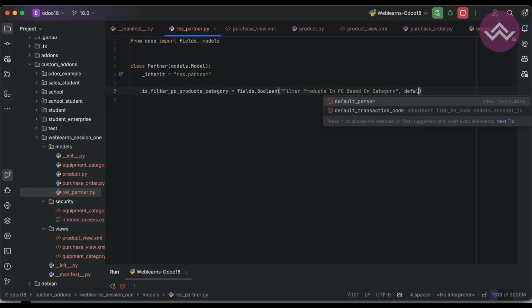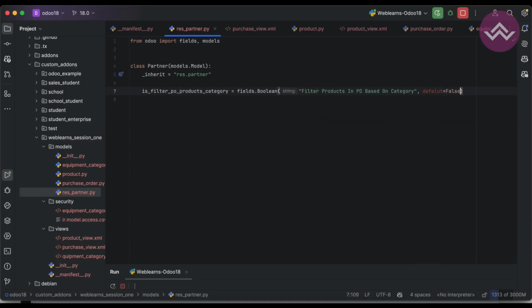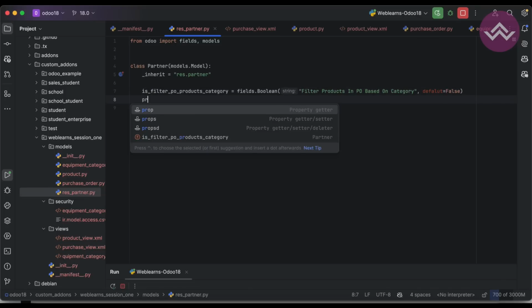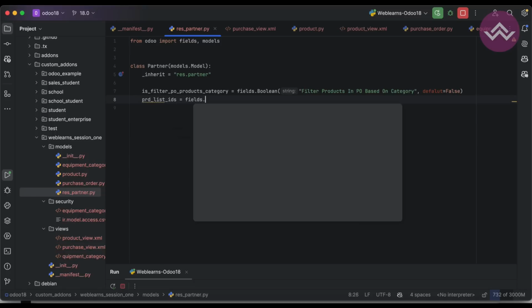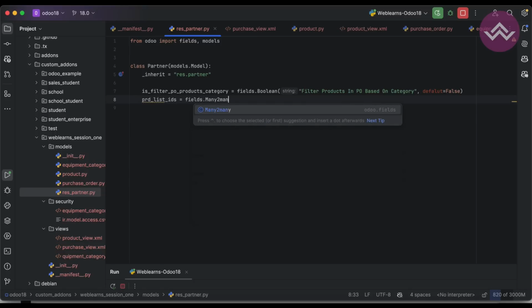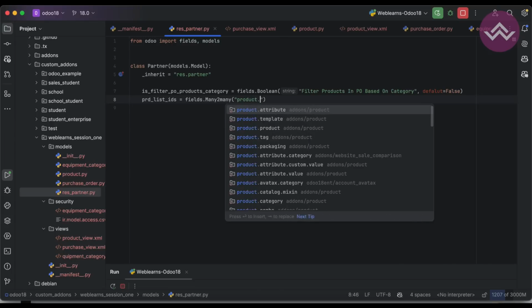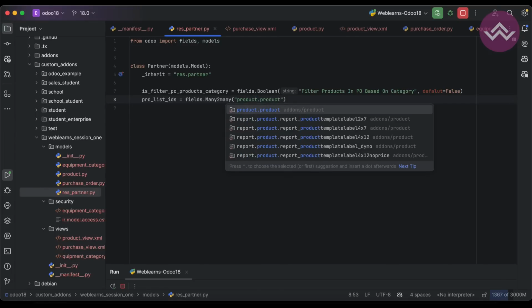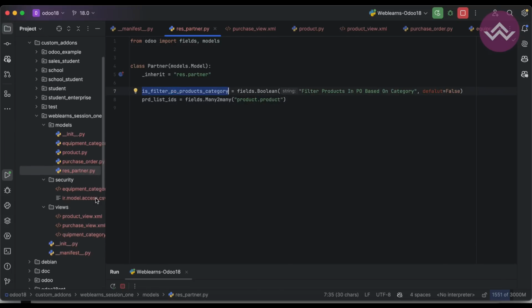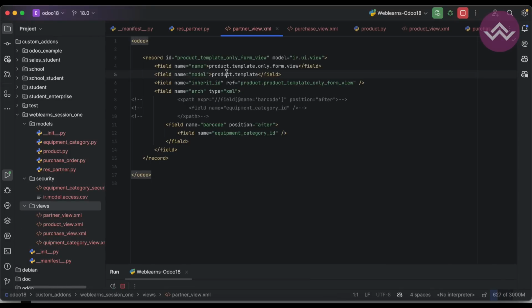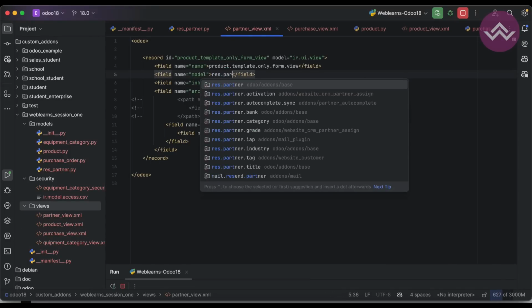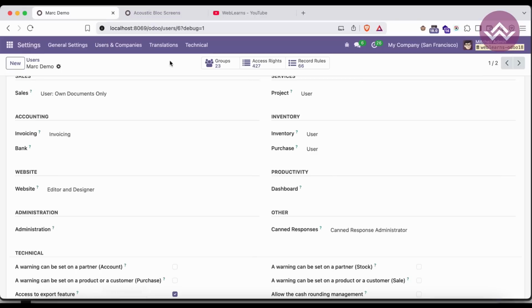By default, we can use it as false. Here we have to use, let's say, product list IDs, many to many, product, and now these two fields we have to add